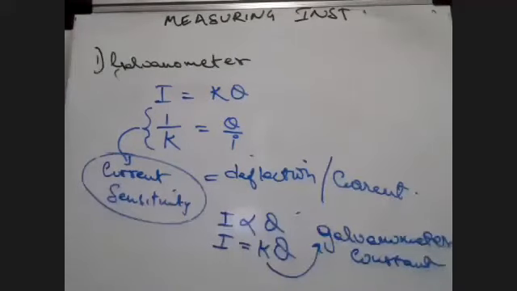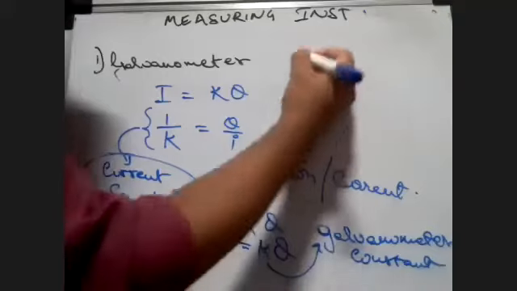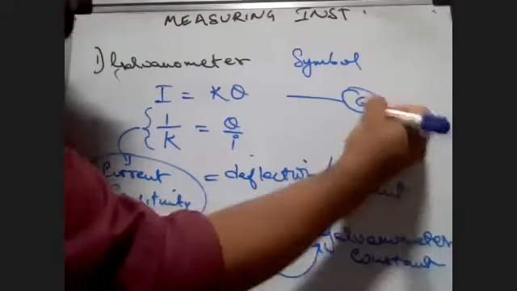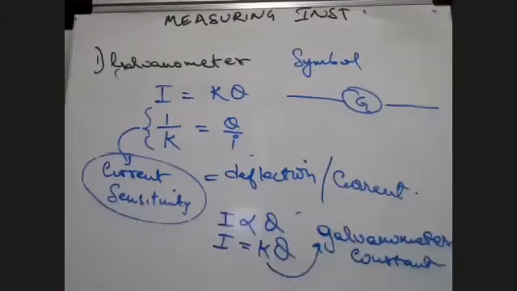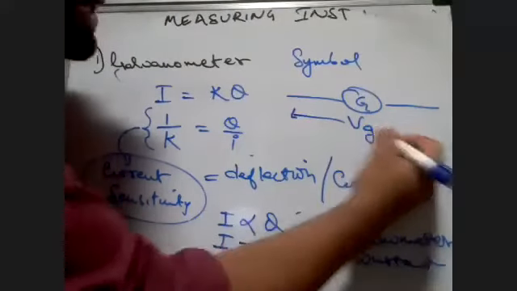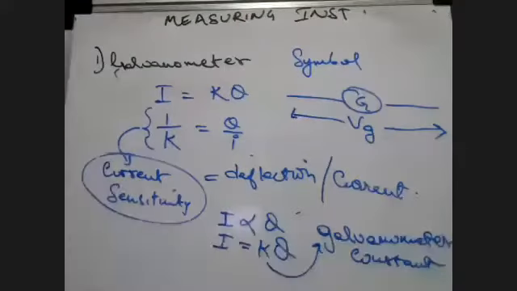Now look here. The potential difference is measured by a galvanometer. The first thing someone said is that the galvanometer is used for finding out a potential difference. Yes. In the case of a galvanometer, first understand its symbol. You can denote a galvanometer with this sign over here. The second thing you need to know is that the potential difference across this galvanometer is called Vg.